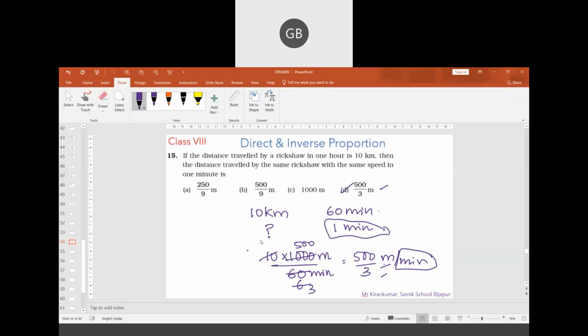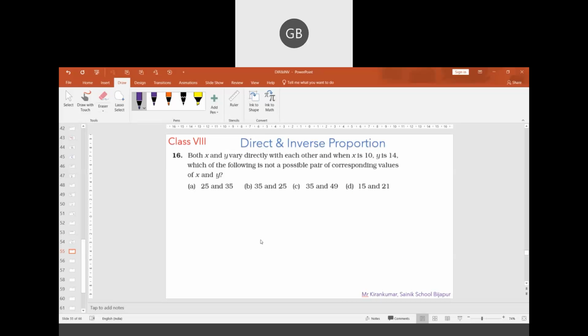Last question is: both x and y vary directly with each other. When x is 10, y is 14. Which of the following is not a possible pair of corresponding values of x and y? If they are varying,